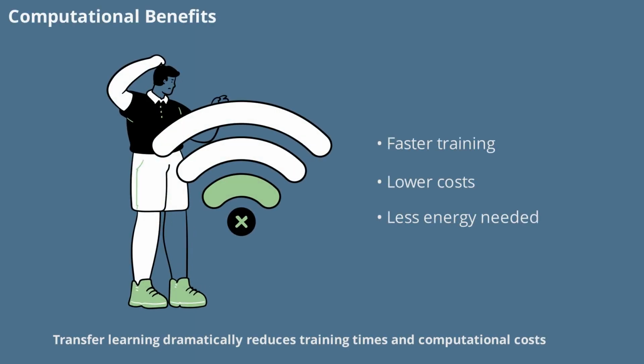Transfer learning dramatically reduces training times and computational costs. Since much of the learning has already been done on large datasets, you only need to fine-tune the model for your specific task. This means less energy consumption and the ability to train models on smaller hardware. For many organizations, this makes advanced AI development feasible without the need for expensive infrastructure, opening the door to innovation